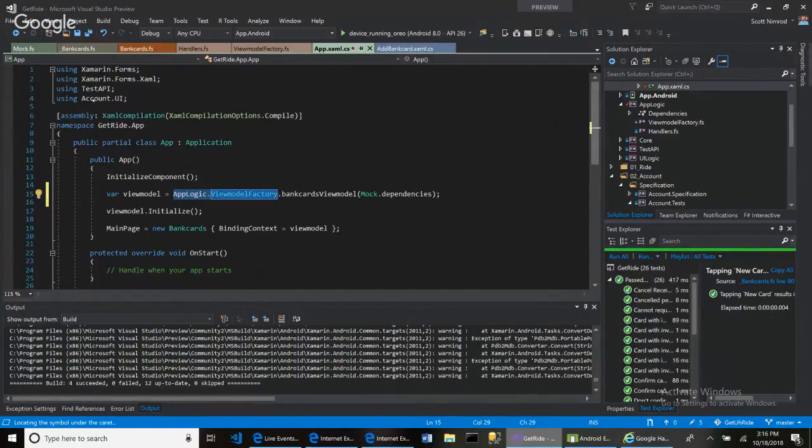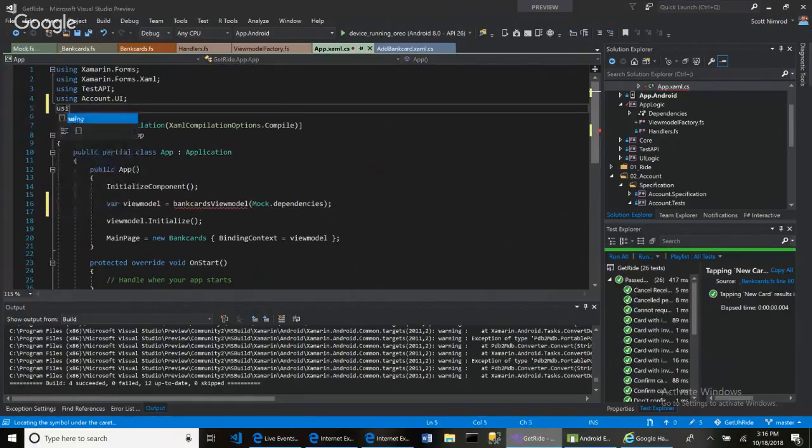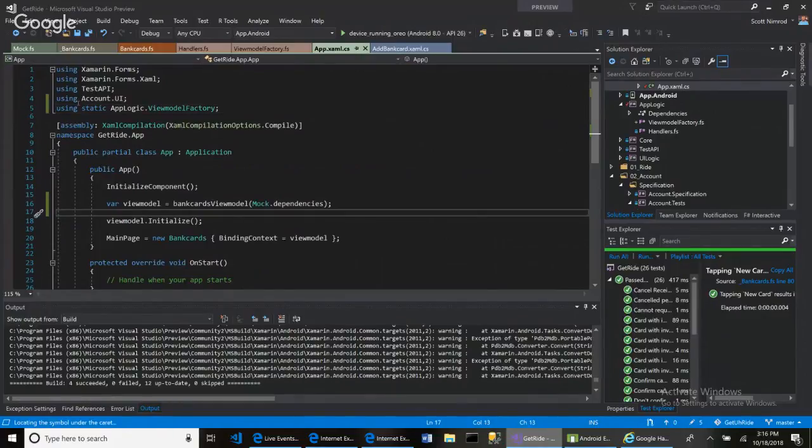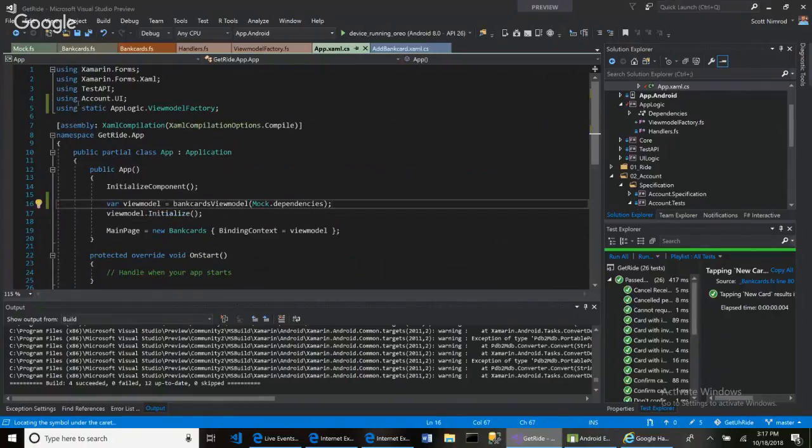Honestly, I might be able to get away with doing something like this, like using and then static and then something like this over here. Okay. Now that I got that in there, then